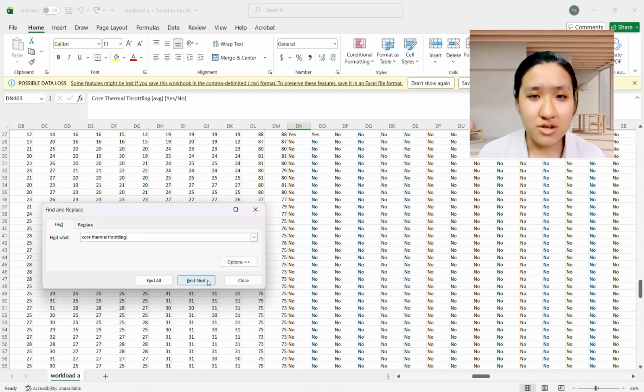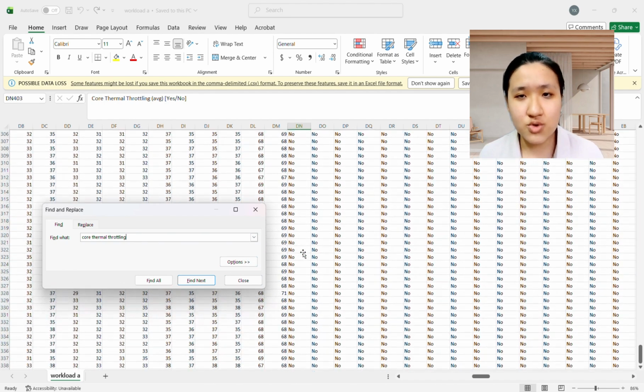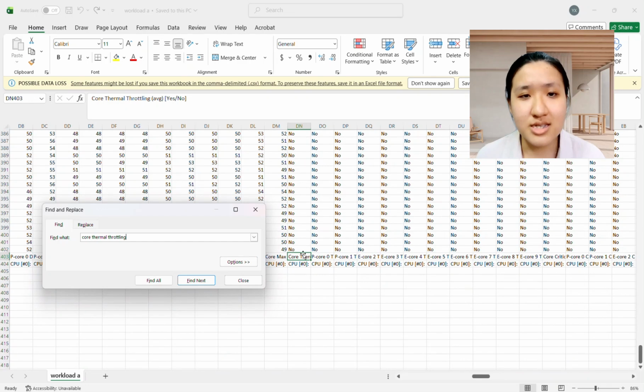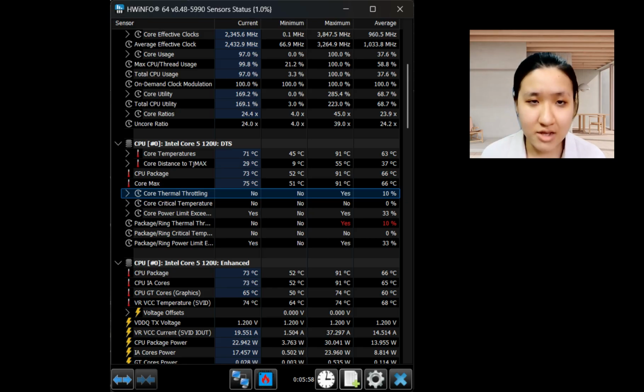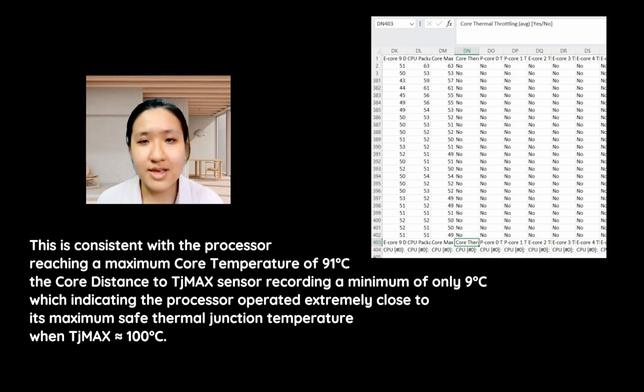Looking at the core thermal throttling column, the current value shows no, meaning throttling was not sustained throughout the run. However, the maximum column recorded a yes value, confirming that intermittent thermal throttling events did occur during peak load. This is consistent with the CPU reaching a maximum temperature of 91 degrees Celsius, with the distance to TJ max dropping to just 9 degrees, meaning the CPU was operating extremely close to its maximum safe temperature limit of approximately